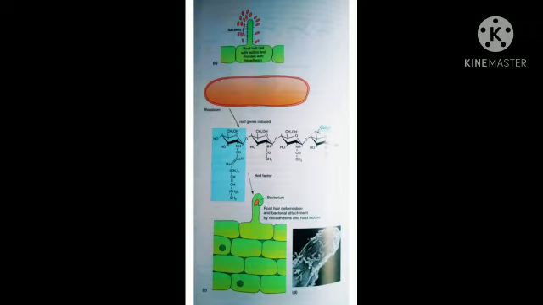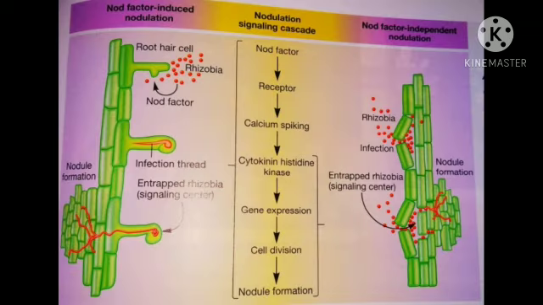We have learned that plants secrete flavonoids. These flavonoids bind to the bacterial protein NodD. As we have just learned, NodD activates the transcription of nod genes. These nod genes encode biosynthesis of enzymes needed for production of nod factor signaling components. These nod factors now bind to the receptor, here the epidermal cells of roots.